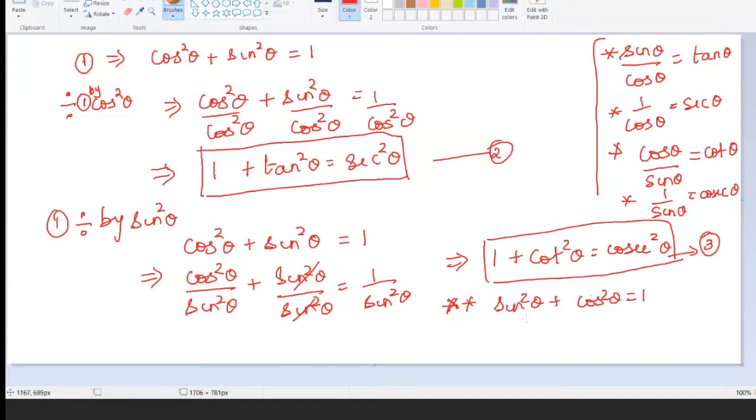Second identity, 1 plus tan square theta is equal to secant square theta. And third one, 1 plus cot square theta is equal to cosecant square theta. So these are the three identities, which is the first thing we have to